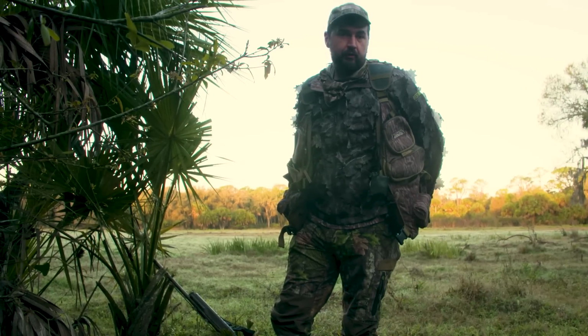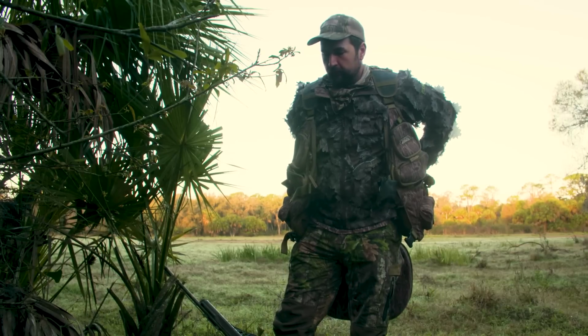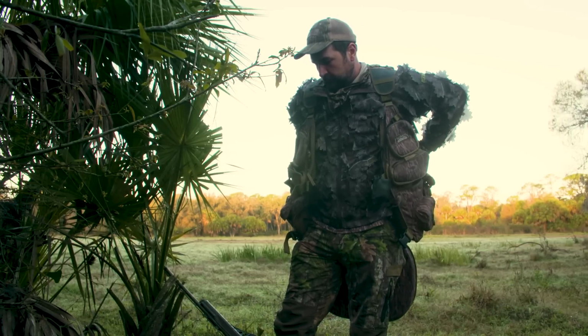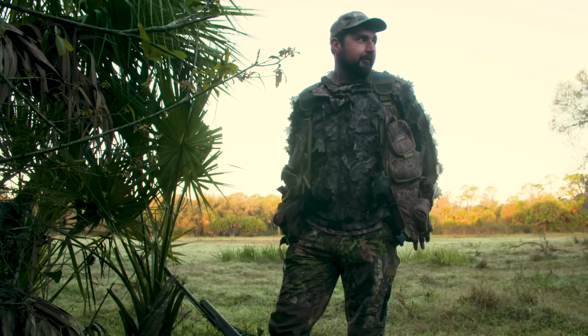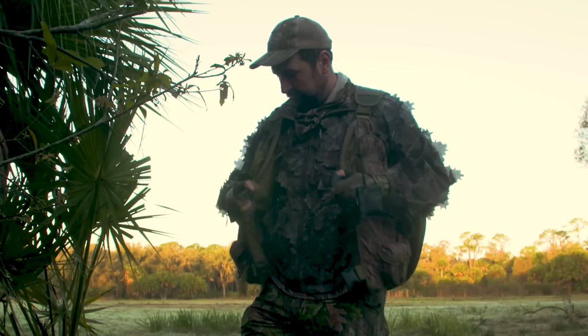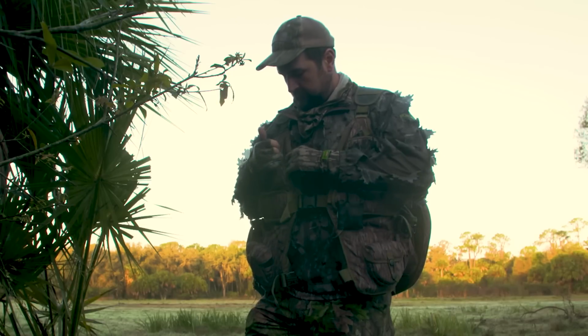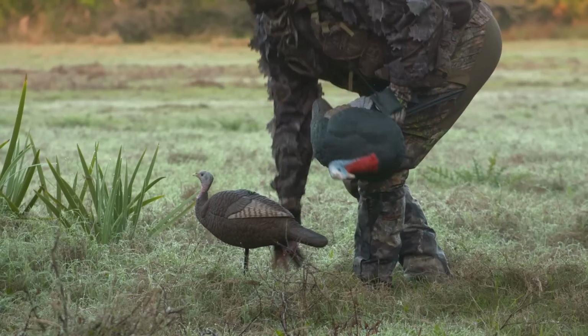There's nothing gobbling around our pond here. They all moved off towards the big pastures. So we're in hot pursuit. Try to make something happen. They're gobbling enough to chase them. So hopefully we can get around in front of